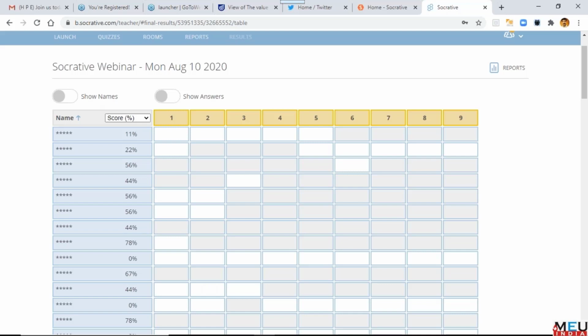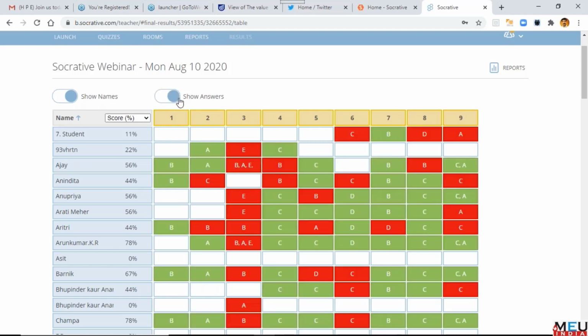Yeah, so now you see, if you want to know the names of the students, you can click on that. Is it okay to see that name, or do you want it hidden for learning purposes? Yes. Okay, so when you click show name, you will get the name, and then show answer, you get the answer.